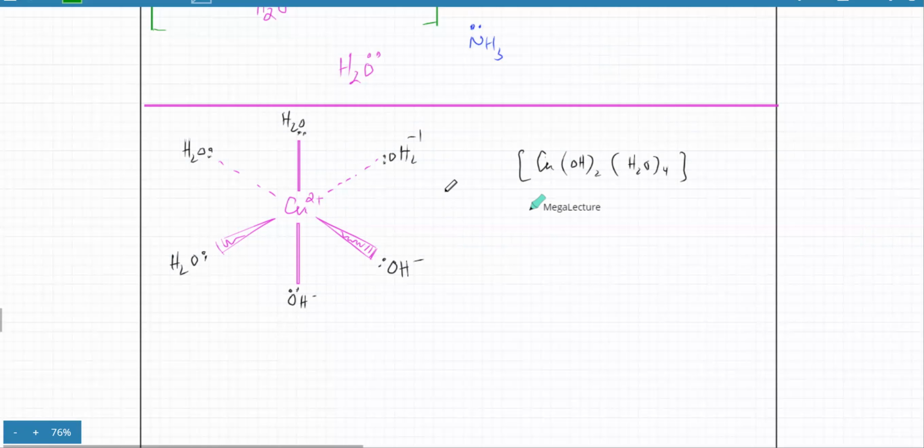This thing is going to eventually form a pale blue precipitate, because it's neutral, like copper with two hydroxides. It becomes completely neutral, so why would it attract other water molecules? So it eventually ends up forming a pale blue